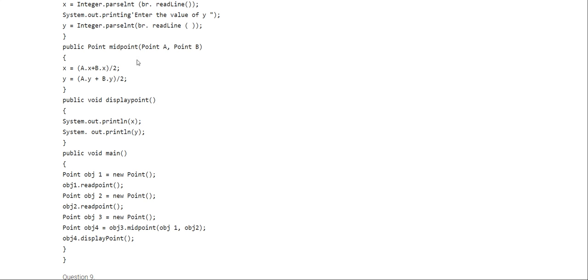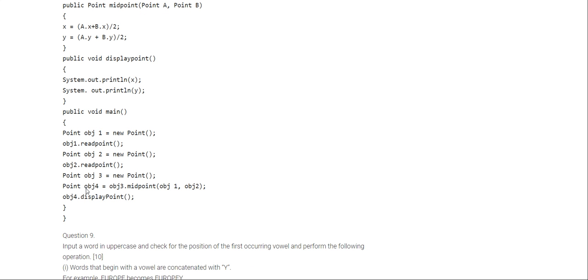Now according to the given description of the method, it will return a Point type of object. So whatever value is returned from this function will be saved here, within the Point type object. For example, if this function were returning an integer value, you would declare int here. But this function is not returning an integer value. It is returning a class type value. That's why we have used the class type here. The class name is Point, so the class type is Point.